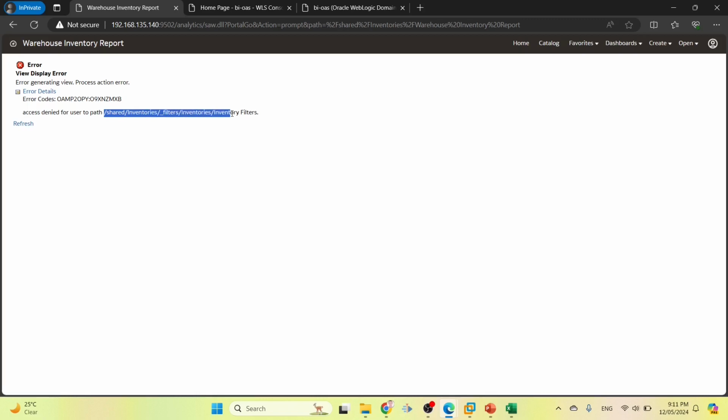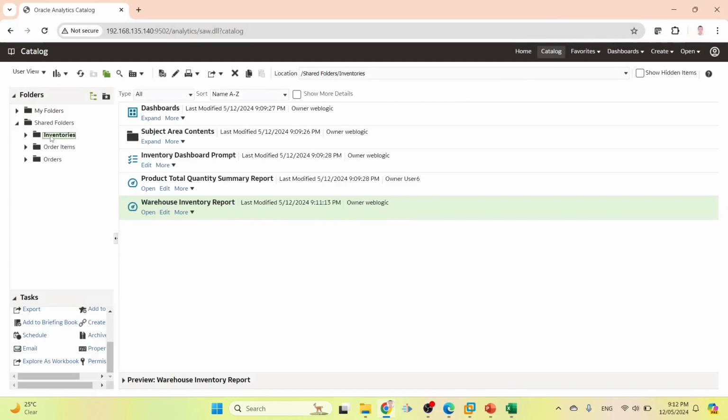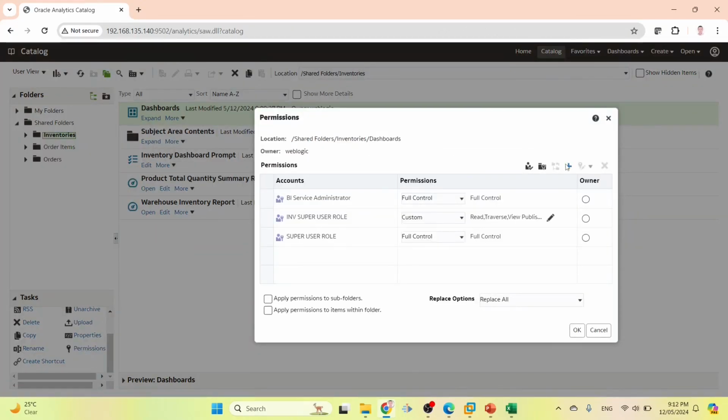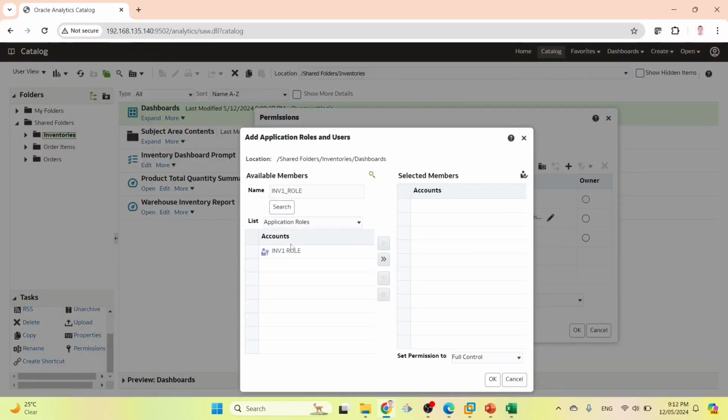Okay, user 1 is unable to view the dashboard because there are other objects related to the dashboard, and user 1 should be granted access to them. Let me explain in more detail. If you go to inventory, inside inventory there is dashboard. You should grant access on this dashboard, inventory 1,